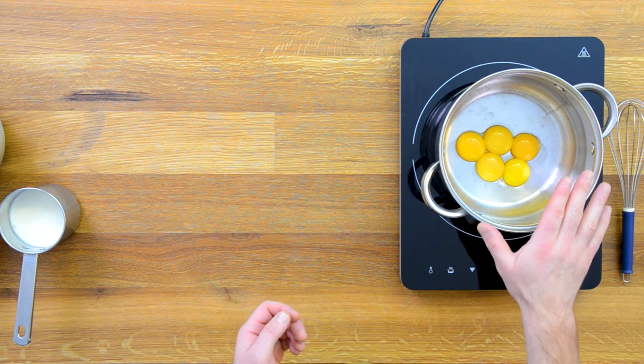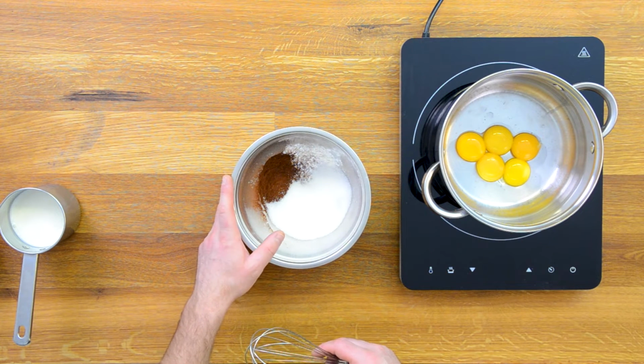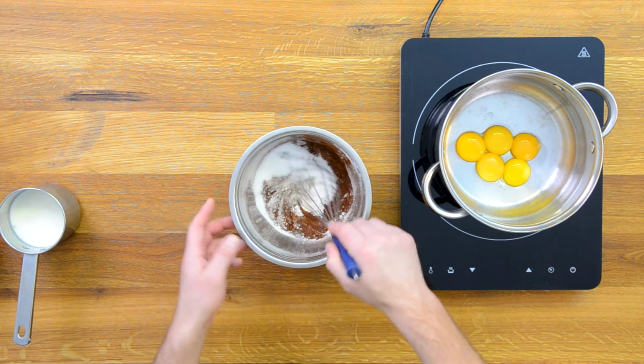And the second cream is a chocolate pastry cream, for which I prepared a pot with 5 egg yolks. In another bowl I prepared 20 grams of cornstarch, 20 grams of cocoa and 110 grams of sugar that we will mix with a whisk, and I will add over it the 300 grams of milk that I heated a little bit. I will add a little milk, mix again, then add a little milk and mix again, forming a paste at first,